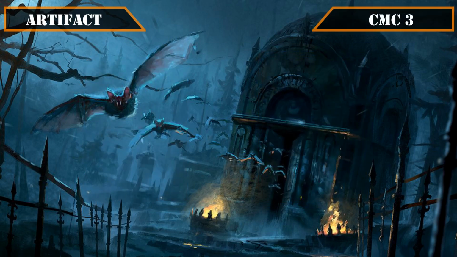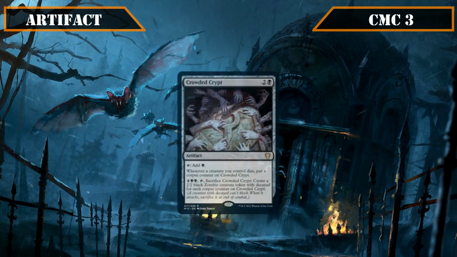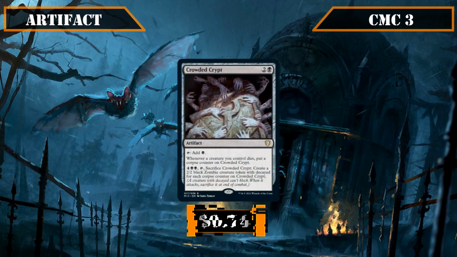Finally, the CMC3 slot closes out our artifacts with Commander's Sphere, which taps for any color in our commander's color identity and we can sack to draw a card, making it a typical mana rock with upside, and Crowded Crypt, which taps for a black, gets a charge counter on it every time a creature we control dies, and we can pay 4, double black, tap it and sack it to create 2/2 zombie tokens with decay for each charge